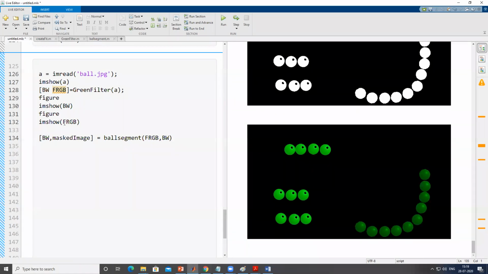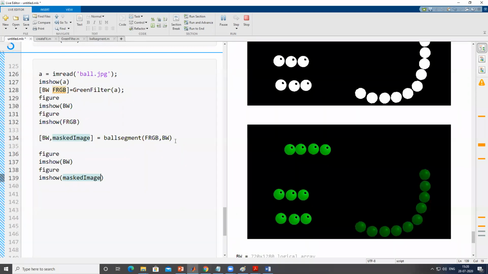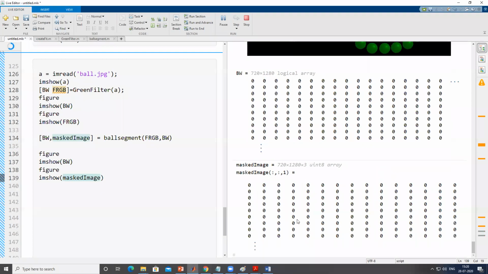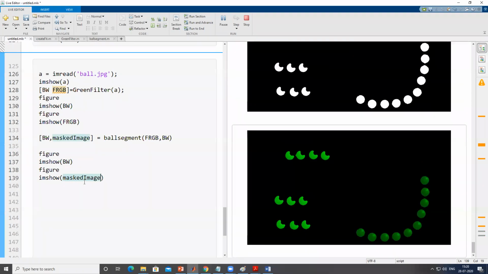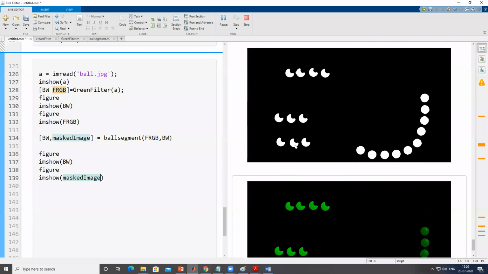Okay. So let us see what those images are. So first is black and white, and in the second one, I want to see what this image looks like. And I'll run this section. Okay, so here it will show the matrix, and after that, it is going to show me the images. Okay, so this one is the output. Okay, and now over this output, I want to perform a counting operation. So for counting, I only require the black and white image, not this colorful image.